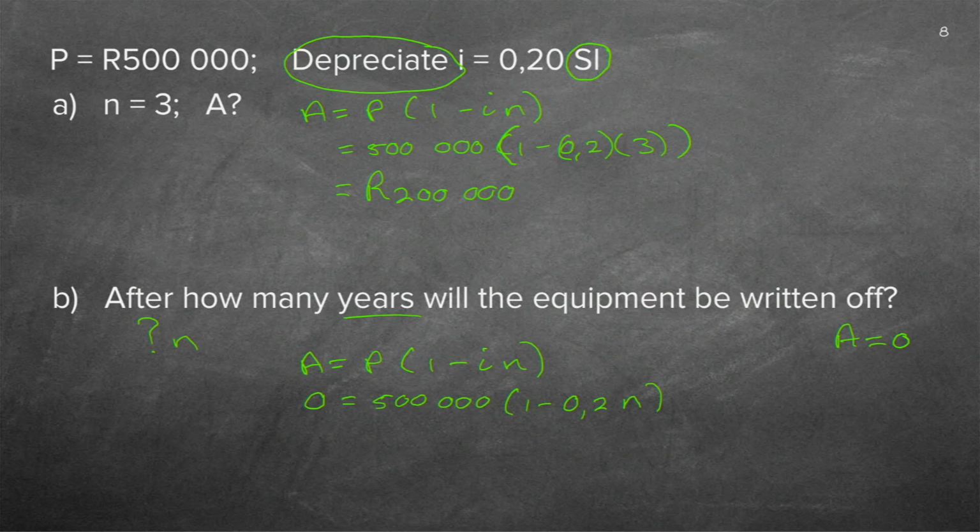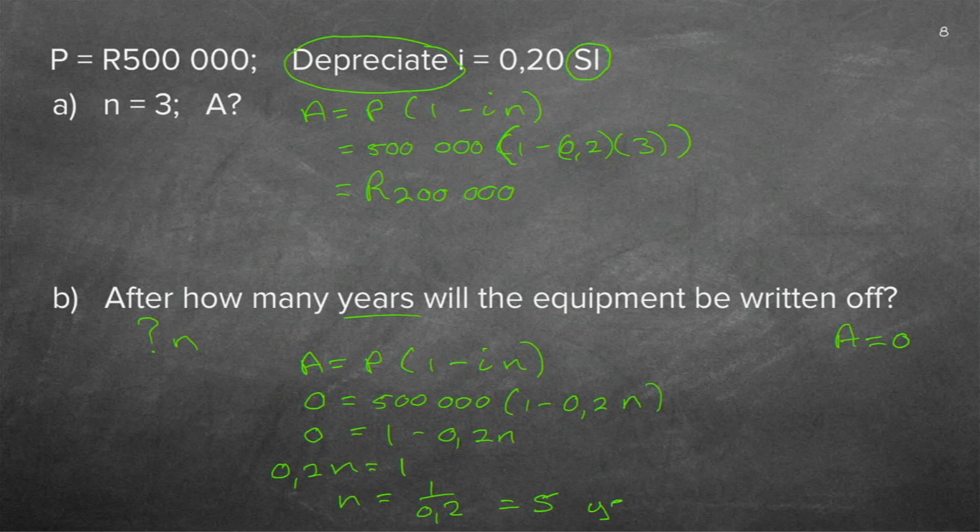So I'm going to first divide by the 500,000. Where do I get the 0 from? 0 divided by anything is just 0. Now I need to get that N all alone. Can you see there's a minus in front of the N? I don't like that. So I'm going to bring the 0.2 into this side. And I'm going to leave the 1 there. And then I'm going to divide by 0.2. 1 divided by 0.2. You should be able to do it just in your head. But let's just be safe. Do it like that. And it gives me 5.